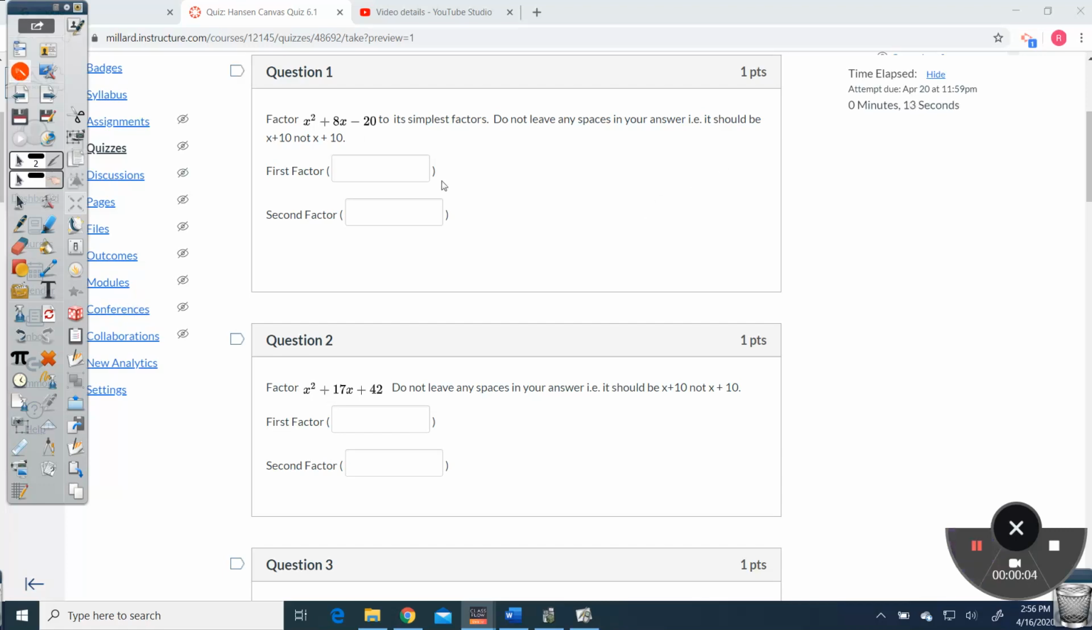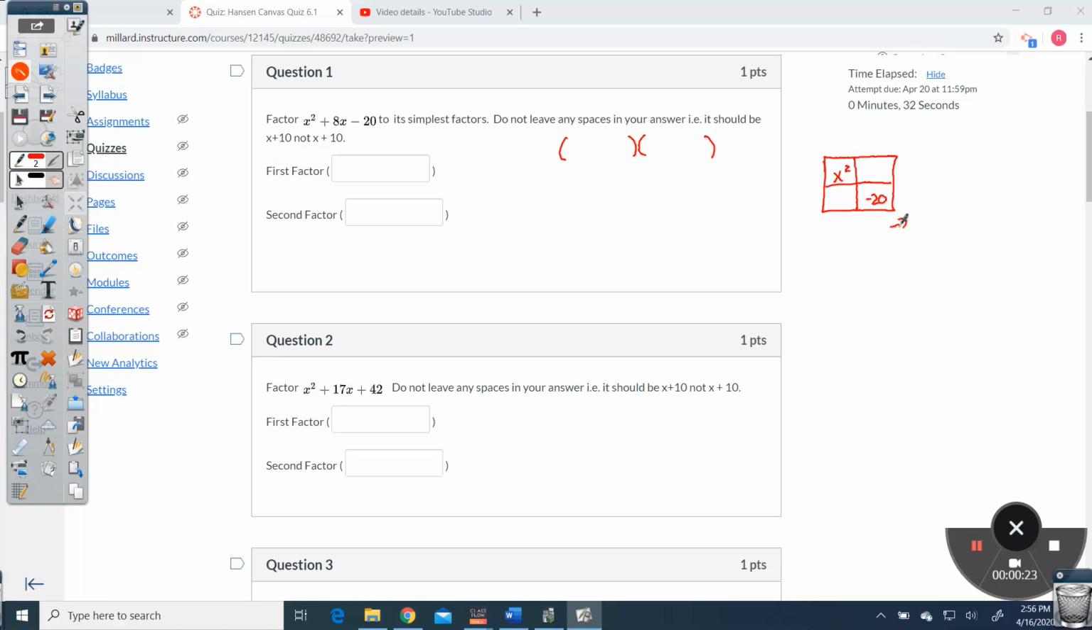Okay, so you're supposed to factor these. This first one says factor x squared plus 8x minus 20. That's when you're supposed to make it go into these parentheses, or you're supposed to do this. Okay, so I take the first thing, which is x squared, and the last, which is negative 20, and I